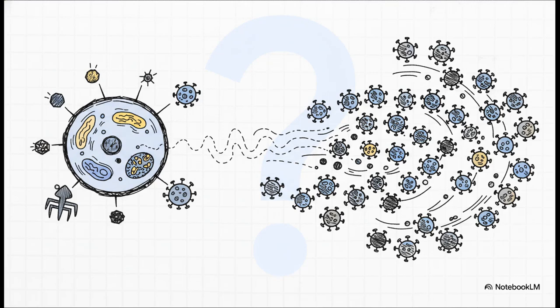Let's kick things off with a fundamental question, really the central paradox of virology. How can a virus with a genetic blueprint that's just ridiculously small, I mean, often thousands of times smaller than its hosts, completely hijack a complex human cell and turn it into a non-stop virus factory? Seriously, how does so little information achieve so much?